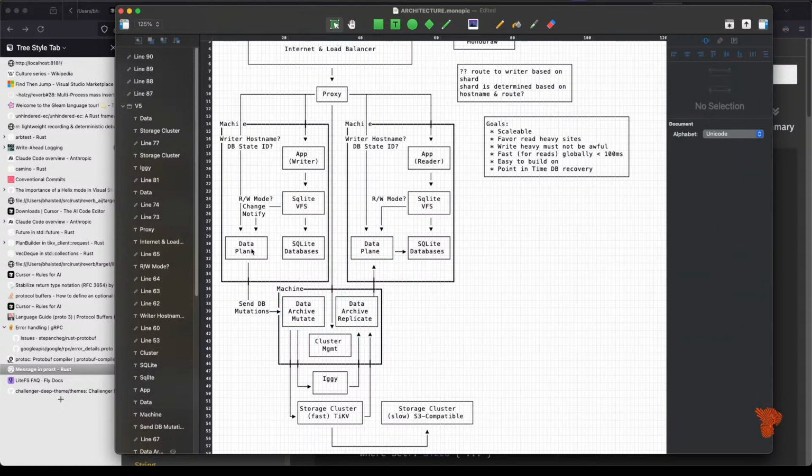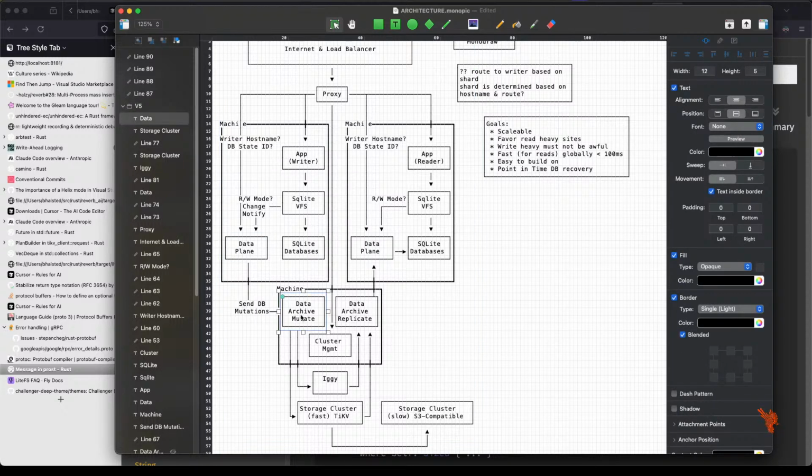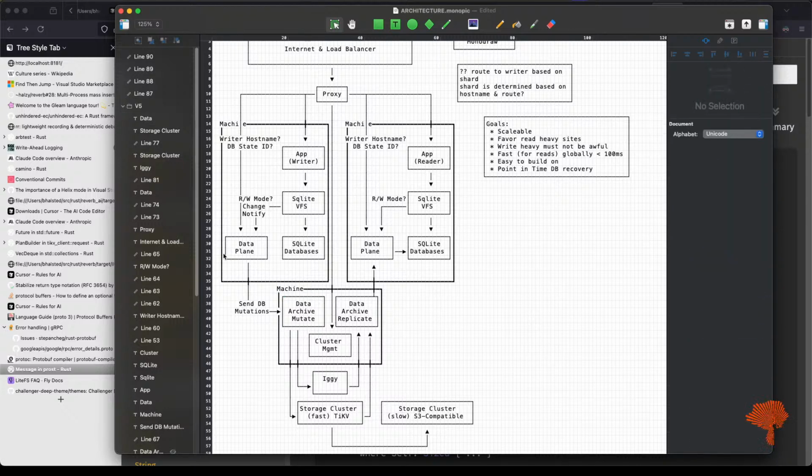And we are in the process of sending the data from data plane to data archive. So I've made some rough changes over here in data archive that had some kind of widespread impact, which I'm cleaning up at the moment.